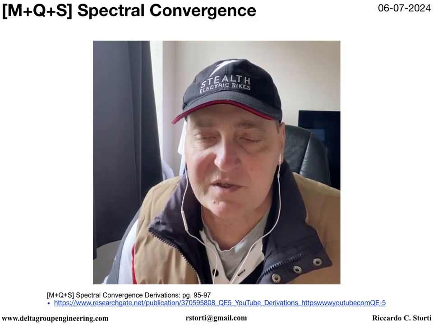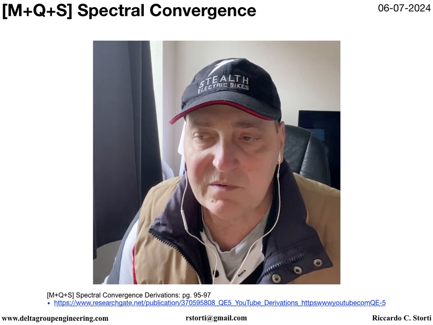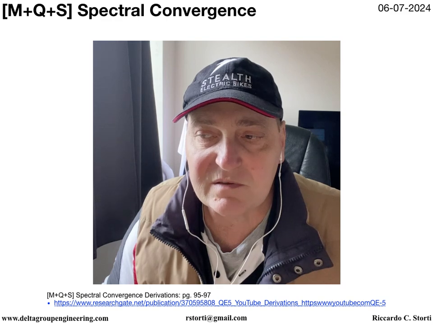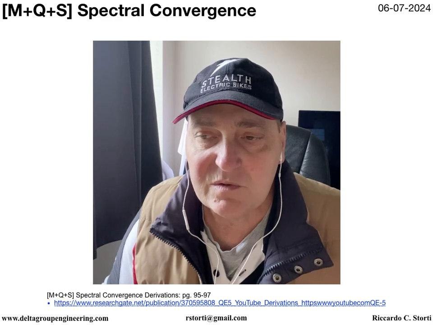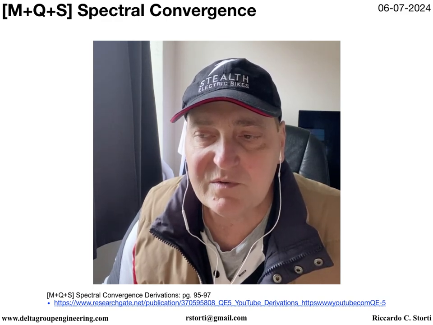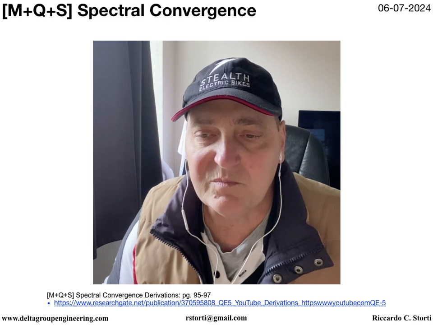However, if the answer to our question is no, that is, we do not need to estimate the particle spin energy, then method 2, that is option 2, becomes the preferred solution because mass, charge and spin angular momentum are unified with respect to the quantum vacuum. Having said this, method 1, that is option 1, may still be utilised if we wish to isolate the phenomenon of spin angular momentum from the quantum vacuum for whatever reason or motivation we have for taking this approach. So pretty much the choice between option 1 and option 2 becomes a matter of personal preference, depending upon whatever our particular research objective or modelling requirements might be at the time. Okay, let's get into the quantum vacuum spectral convergence derivation process of mass, charge and spin angular momentum.